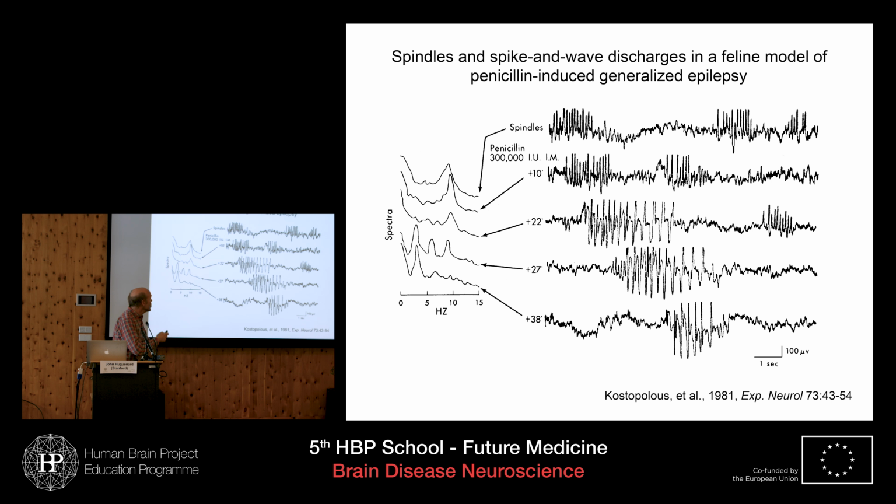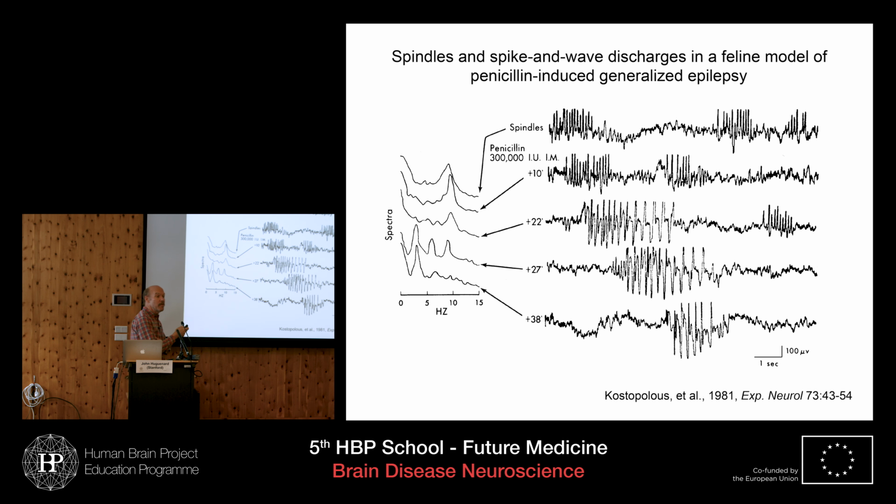Alain pointed out some. This is another bit of evidence. This is from a cat model of absence epilepsy. This cat has been anesthetized with barbiturates, and so it's producing sleep spindles. These are recorded in the electrocorticogram. Here's the sleep spindle, which you can see on the power spectrum here has a peak around 9 or 10 hertz. And then this animal is injected with penicillin, the antibiotic penicillin, which turns out to be...